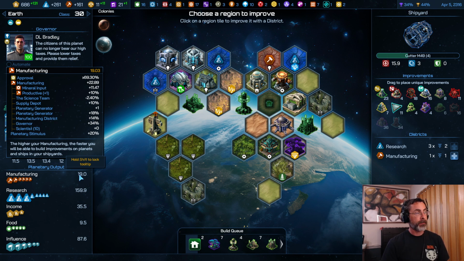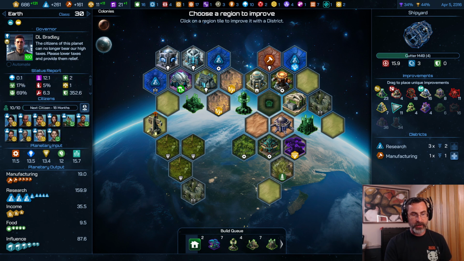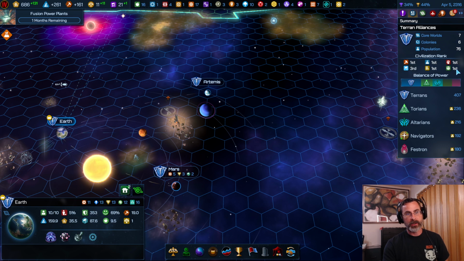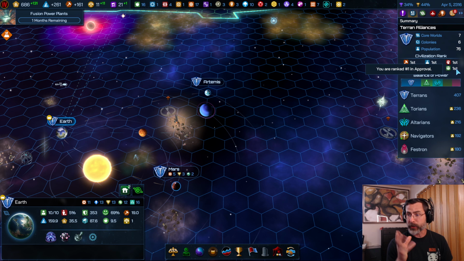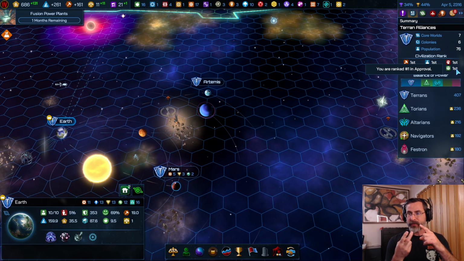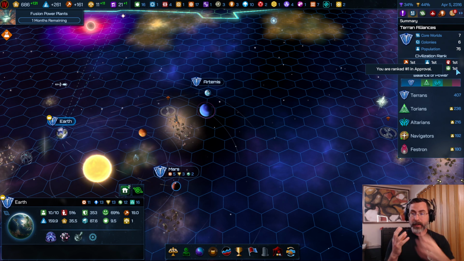All manufacturing is totaled up the same way your influence is, except it is then multiplied at the final number by your approval rating. In this case, our approval rating on Earth is 69.3%. So if we knew that the Taurians' approval was much lower than ours, which maybe we could suss out over here by looking at approval, we're first, they're not. So we could say, well, we're going into a manufacturing or a research treaty, but we know that their manufacturing and research